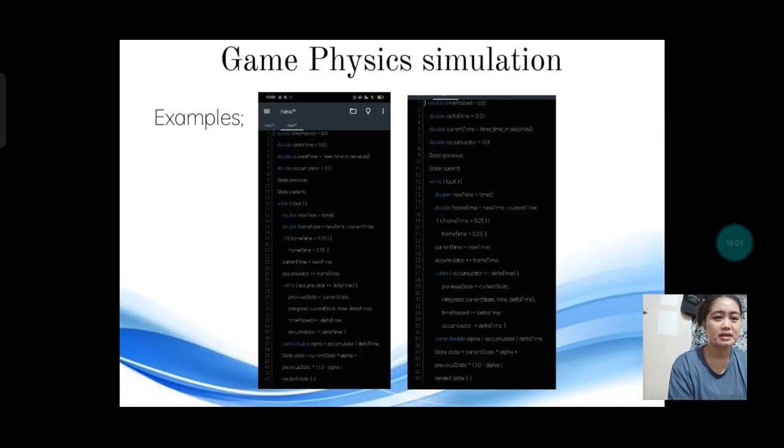So, this is the example while using C++. And the second is implementing this into C++, which would look something like this. So, this is the example of game physics simulation.